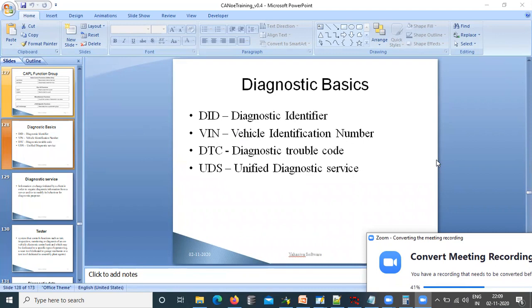So in OBD, in onboard diagnosis, the malfunction is informed to the owner by glowing the malfunction indicator light of our instrument cluster. We know that in the dashboard we have the instrument cluster, so we get to know that some problem is happening in this vehicle. But in outboard diagnostic, it is stored in the form of DTCs, diagnostic trouble codes.